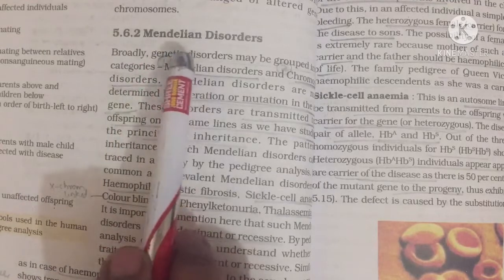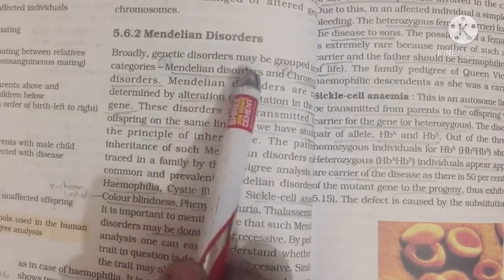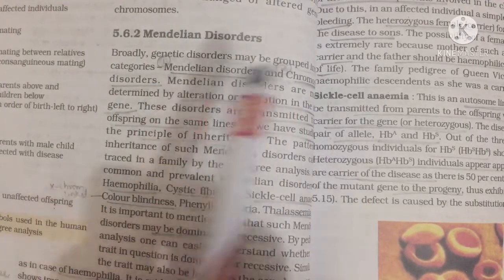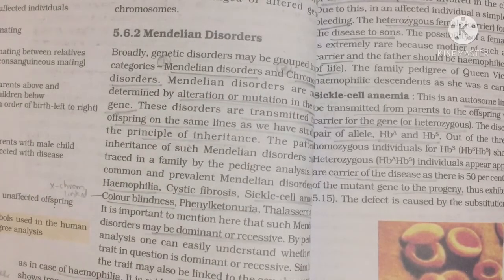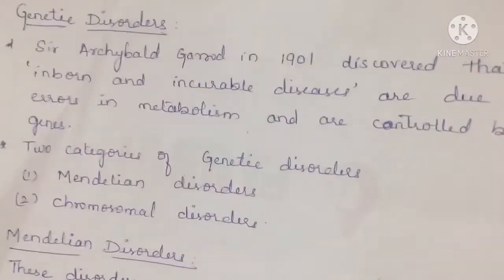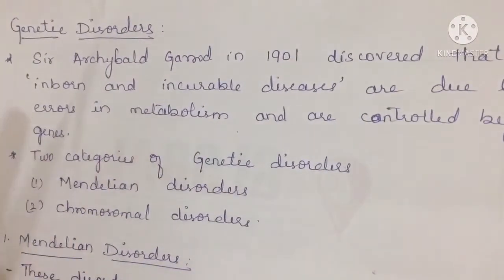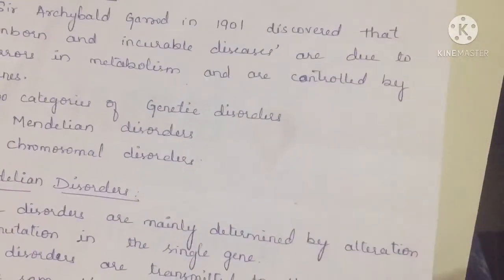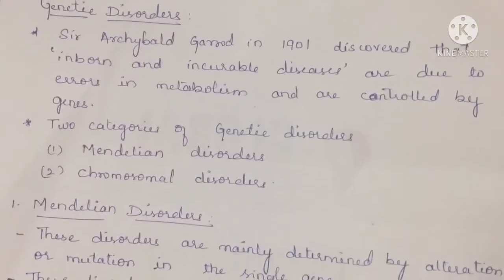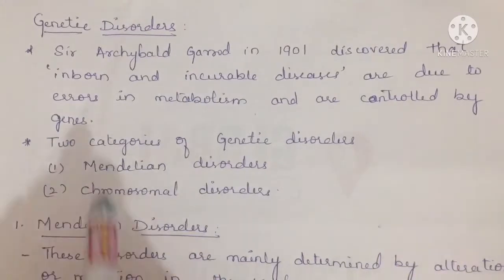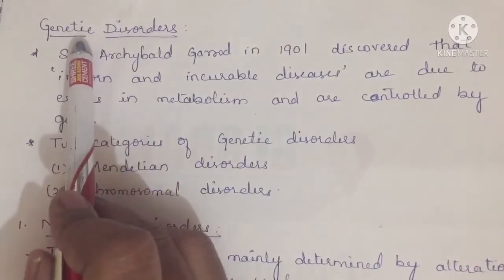Fine. We shall go through first what genetic disorders are, then I shall come to Mendelian and chromosomal disorders. For this I have prepared a note as I usually do. So we shall start with my note. Genetic disorders. Hope you can find this. One second, let me adjust this. Oh, it is clearly visible. Okay guys, fine. So we have started with the genetic disorders.